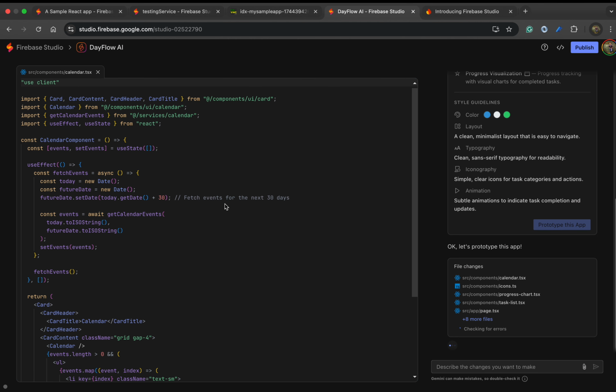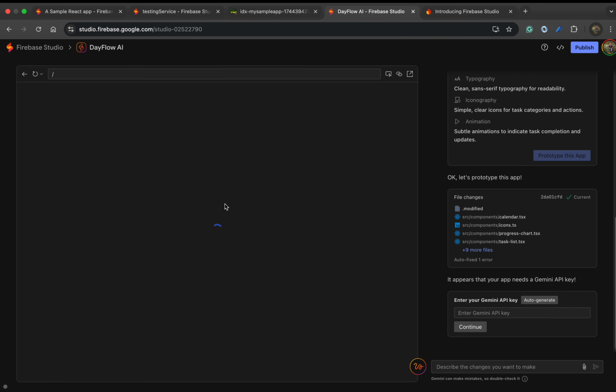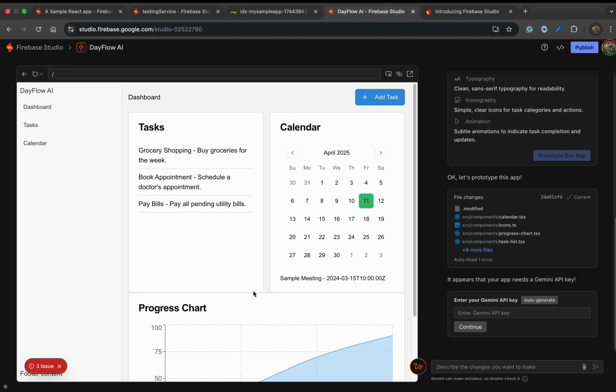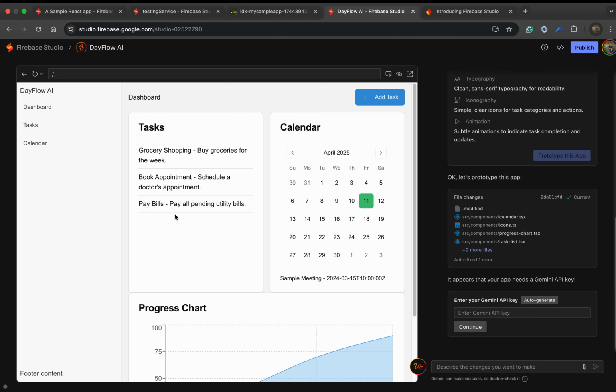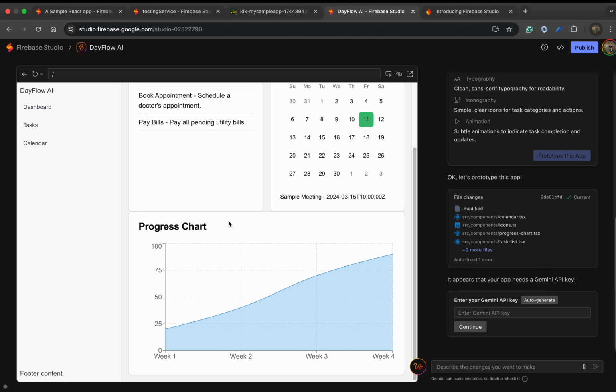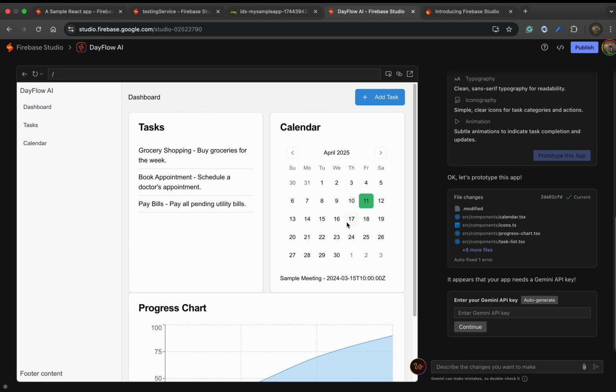See, this is what it has generated. So there is one issue it has, so it will show you here. So let's close it for now. If you see, this add button is here, you can add the task here. It's showing the progress chart, calendar, everything, right? Dashboard, the task is here. Correct. Now you can open it on